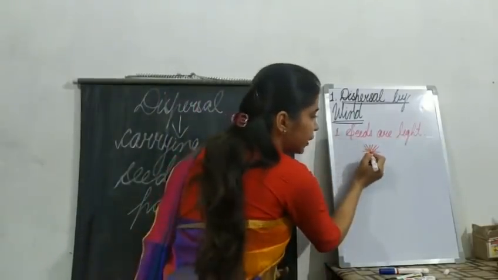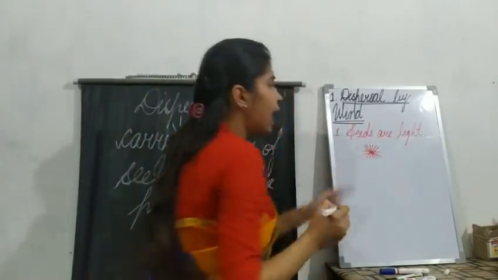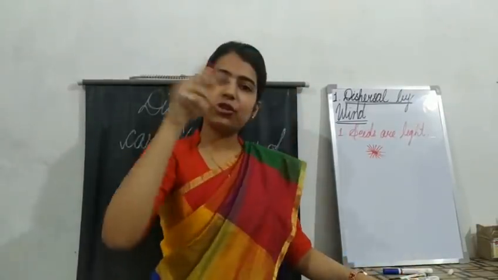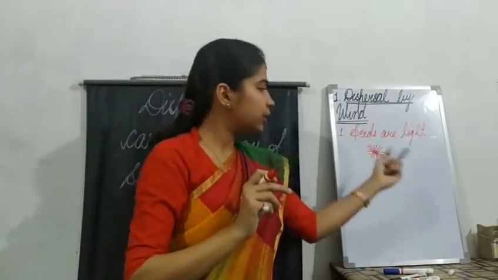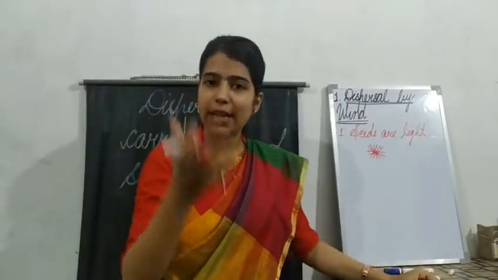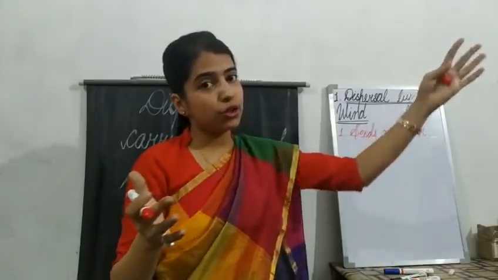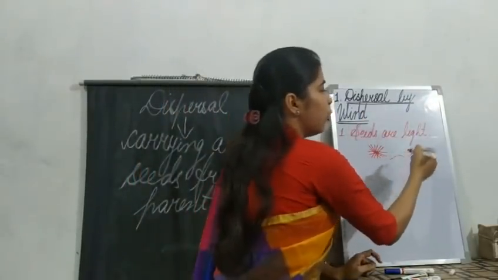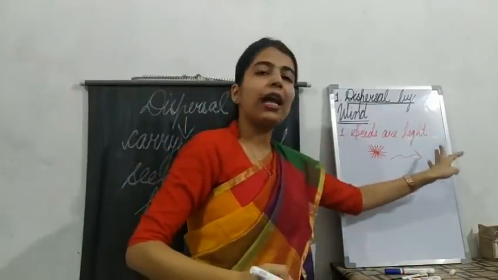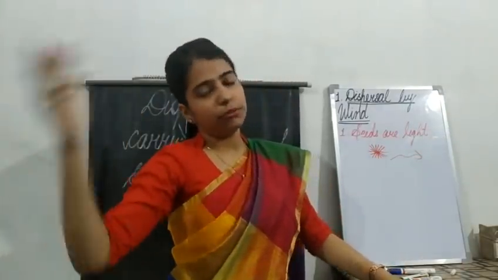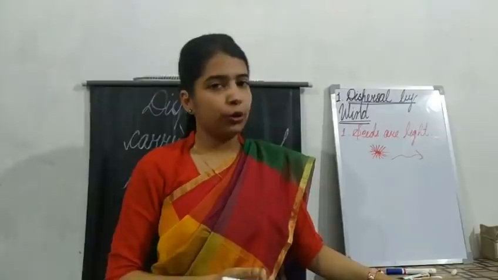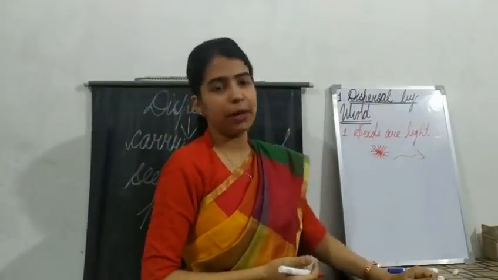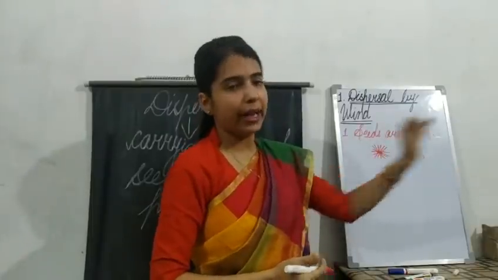In the center you will get a brownish seed, and it has all tufts of hair. It has all hairy structures growing. So this feature makes it very light. So what happens when the strong wind blows? The seed will also blow away with the wind, and when it falls at a new place, at that place a new plant will grow. Clear? So the first character for the seeds to be dispersed by wind is that seeds are very light.